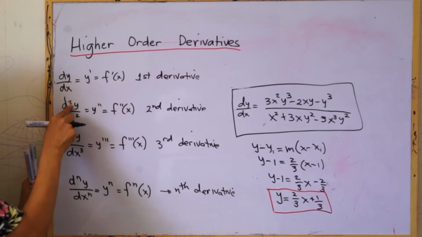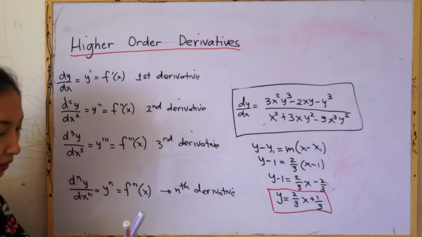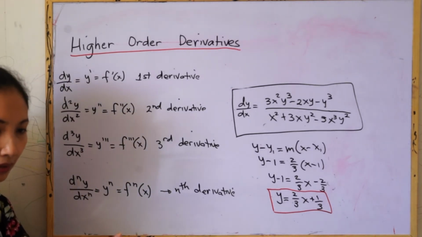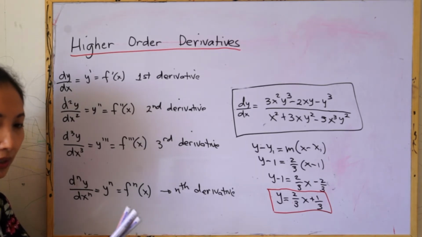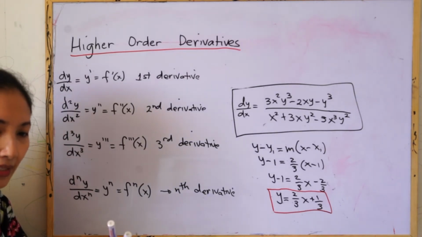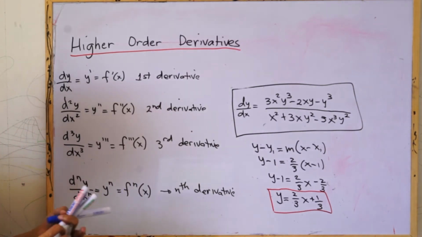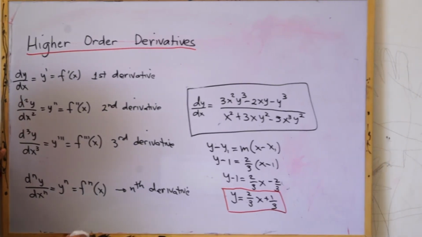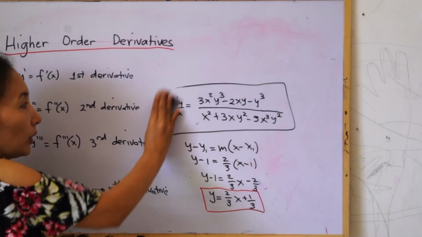The superscript here, or the exponent, would tell you the order of the derivative. Is it the first order, second order, third order, and so on. Now, going back to problem number 1. What is it asking for? Find the third order derivative of y equal to